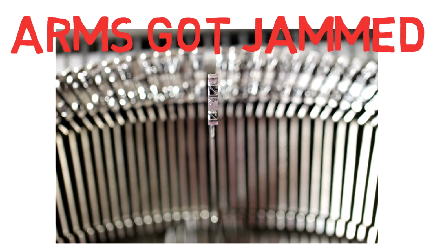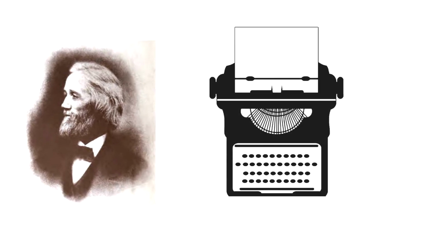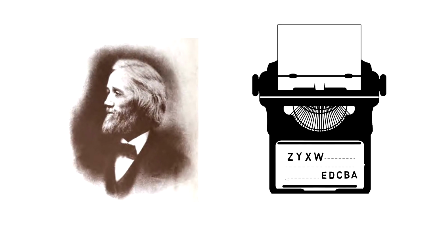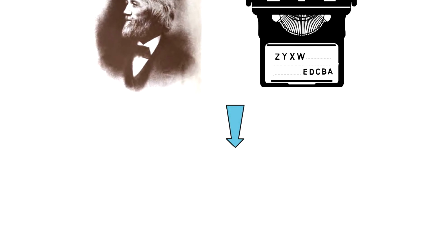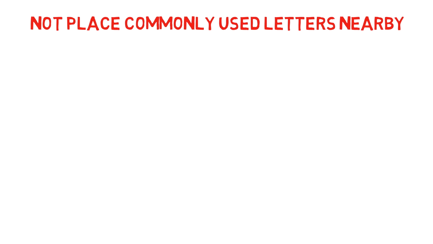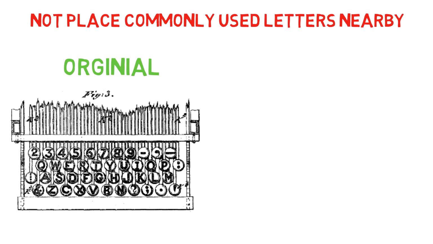In 1867, Christopher Sholes, an American inventor, filed a patent for a keyboard with the second half of the alphabet on the top row and the first half on the bottom row. While this was a step in the right direction, the keys or the mechanical arms were still getting jammed. Sholes' solution was separating commonly used letter pairings to avoid these jams, effectively allowing the typist to type faster rather than slower. His original design was this, very close to QWERTY.